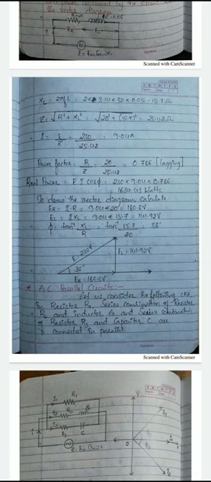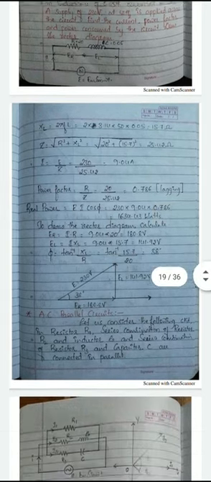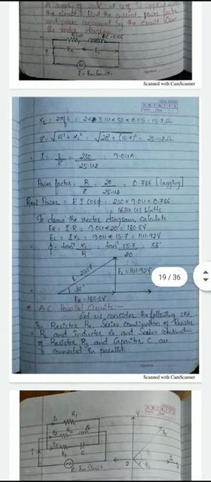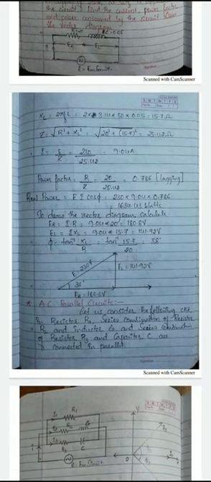right? Next, we need to calculate the power factor. We know the formulas for power factor. Power factor is equal to cos phi, or R by Z, or P divided by EI, right? One thing you can do is, you know the value of R and you know the value of XL, then you can calculate phi is equal to tan inverse of XL by R. Once you get the value of phi, then you can calculate the power factor as cos of phi. That is one method, right?